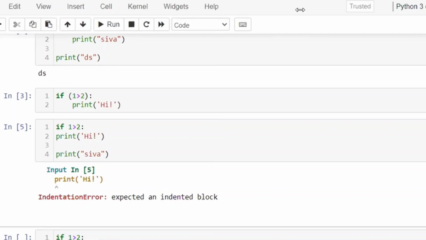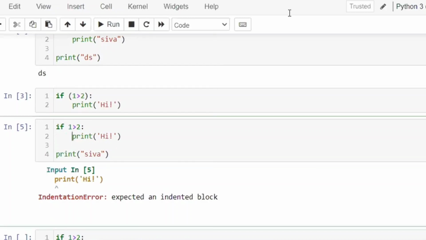So, no need of creating the variable. The choice is yours. If you want to create the variable, you can create the variable. Right? Now,